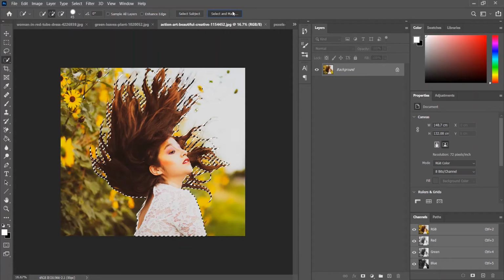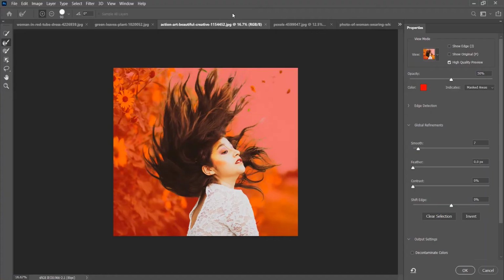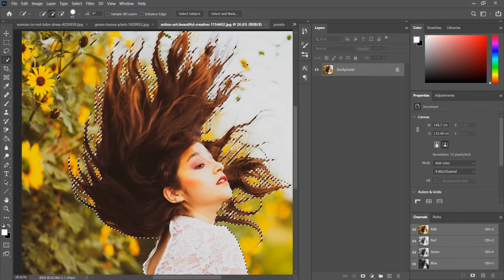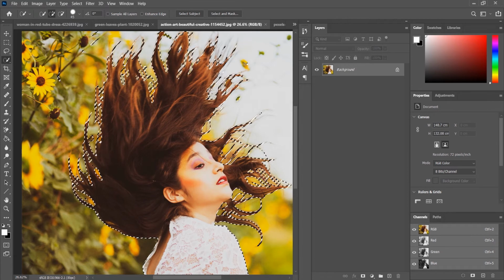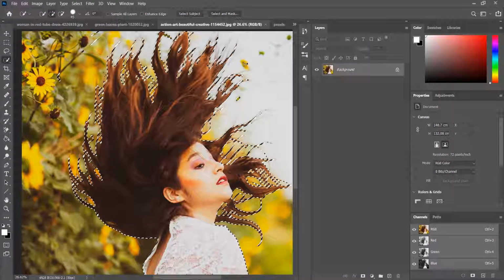So in this image, the Photoshop has done quite a good job. I'd say a decent job. So if I just select the selected mask, you can see the outlines are quite impressive. So the hair is being selected quite nicely, and in this image the improved select subject tool really can be seen. Yes, though in some portions like here and here, I don't know what the Photoshop thought and what it actually selected, but overall it's quite impressive. I'd say nice job, improved. So time for our next image.